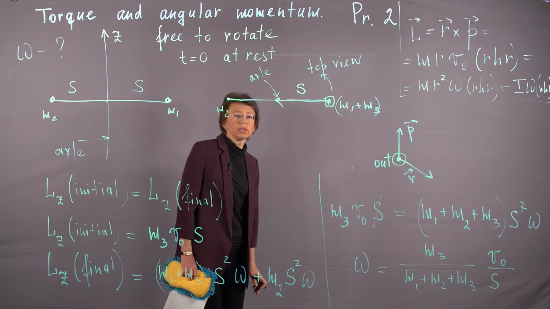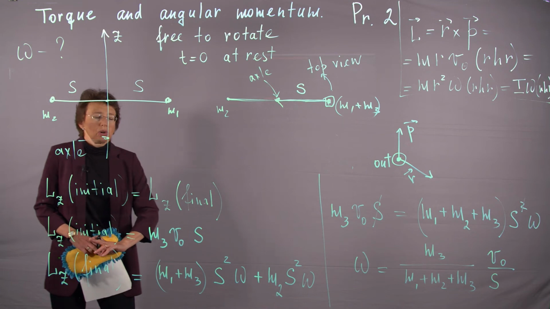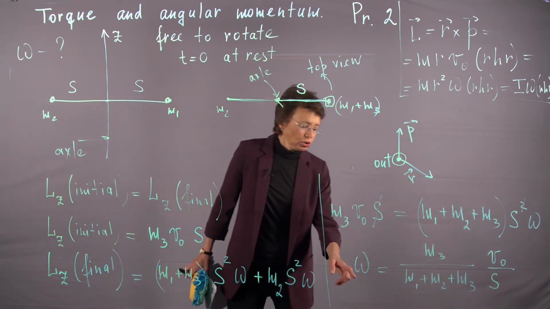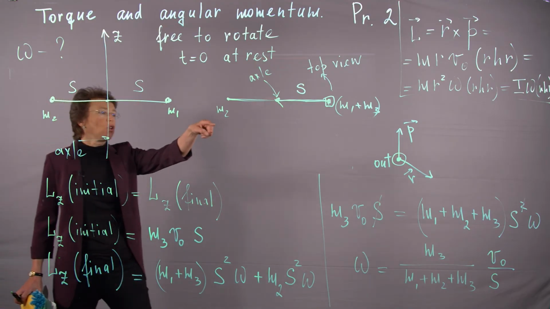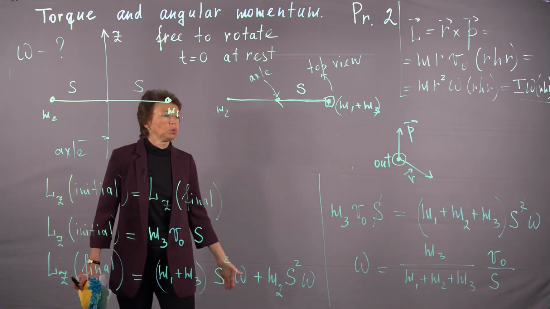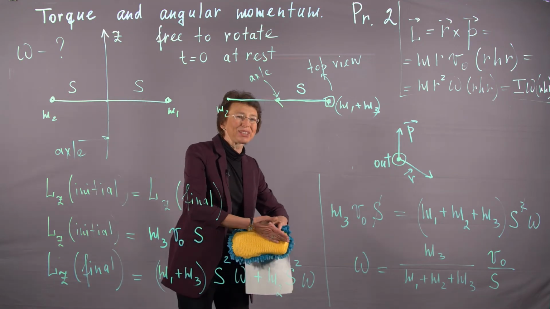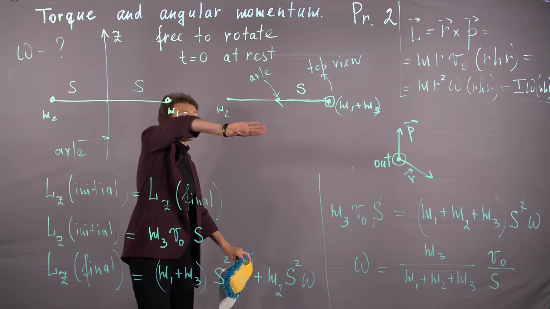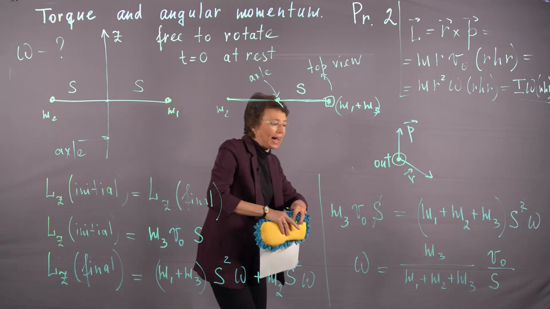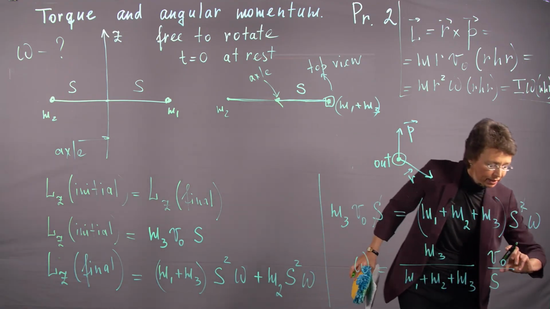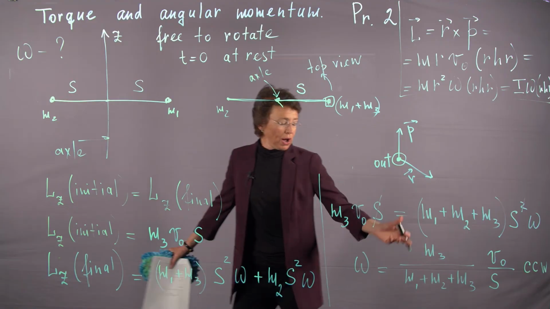What do we miss? We miss the direction. What will be the direction of rotation? When we indicate the direction of omega, we usually put clockwise or counterclockwise. So if I look from the top, what will be the direction of rotation? Oh, you see my mirrored image. I need to remember this. So I follow the rotation, and the rotation is counterclockwise. Counterclockwise direction. So we found omega.